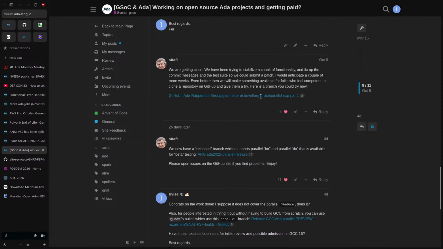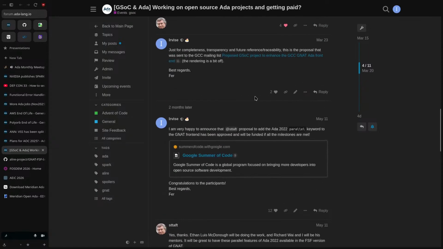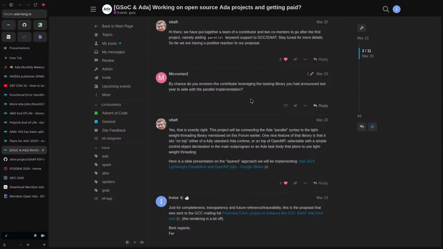And in some bigger news, in case you haven't heard it, Tucker Taft and another person, who is also part of the Ada User Society and who we just got elected, I forgot his name, proposed to have the parallel feature implemented in GCC as part of the Google Summer of Code, which is a program that pays people to contribute to open source software.